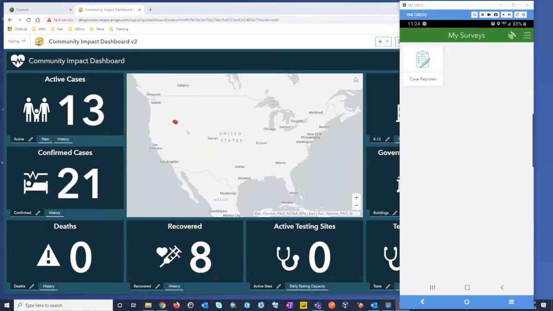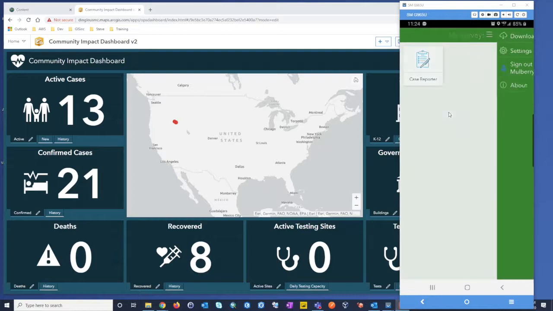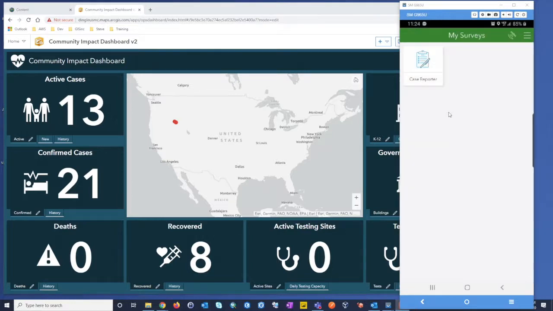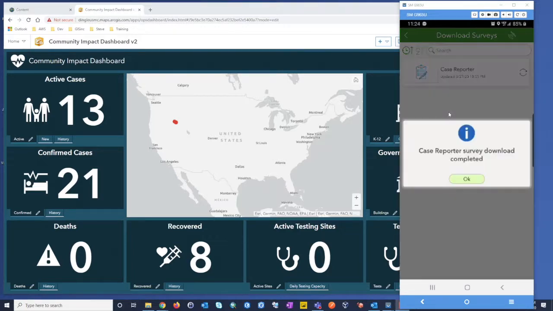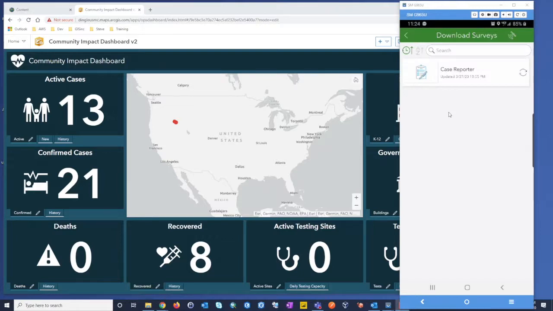Okay, so the last step here is just to get to my form. So I've got my cell phone over here, and I'm going to run through the form. So the first thing I want to make sure I do is I download the latest and greatest survey, all those changes, right? So I synchronize that. So I click the synchronize button. It's going to download that. Everything's good. Now I can open up the survey,